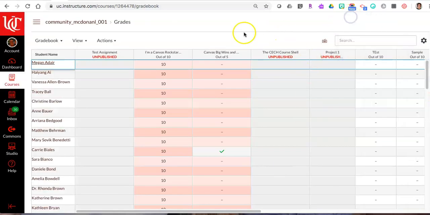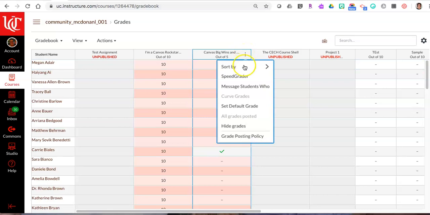Another way I can message students from the Grade Center is by selecting the three little dots next to any assignment column. And when I select that, it's going to let me message students who